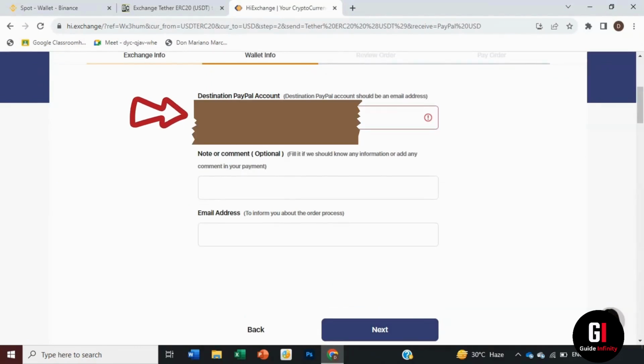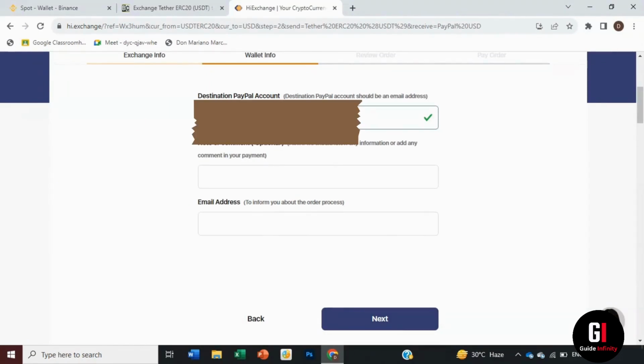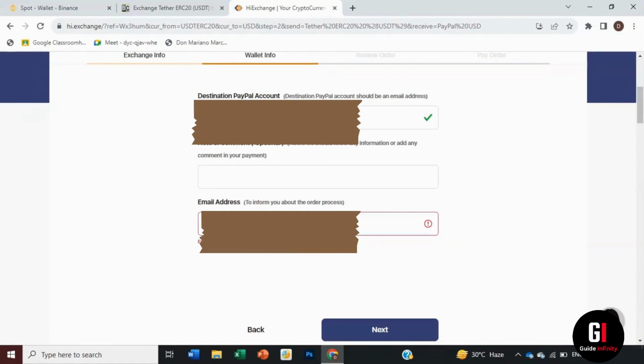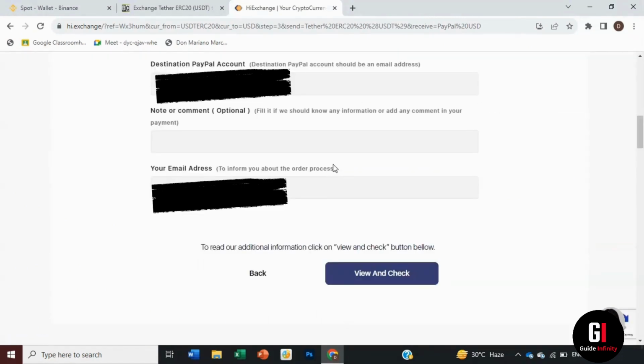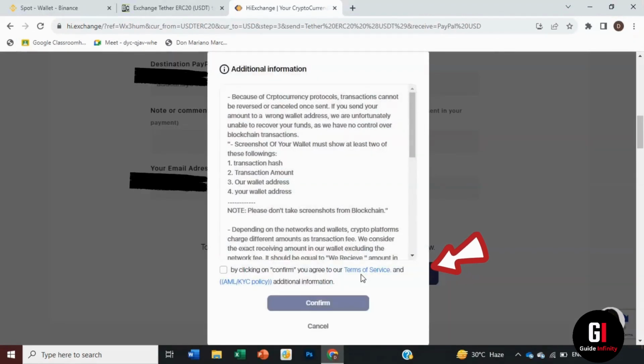And from here, you want to enter the destination PayPal account. And down here, you want to enter your email address and then click on the blue next button. Now it says to read our additional information, click on the view and check button below. So we're going to need to give it a click here, and then we'll have to agree to the terms of service. So I'm just going to tick this box here